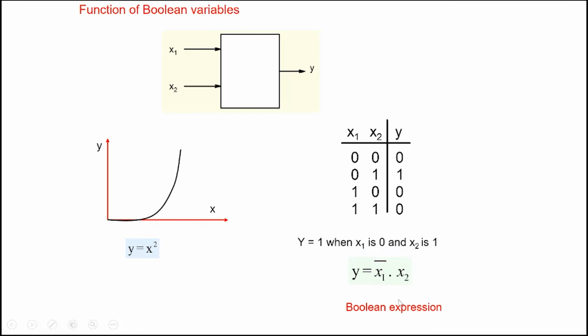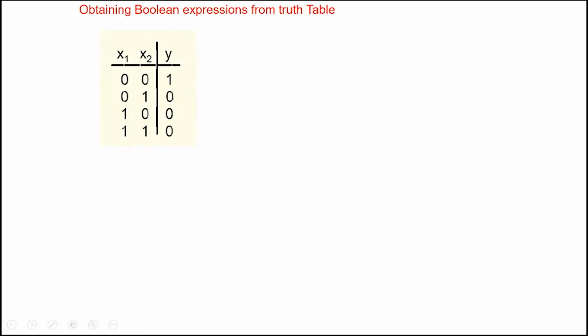Okay. So that's a Boolean expression. It's a Boolean expression which is describing this particular function, this functional relationship, which is shown in the form of a table over here. All right, so let's look at this one here. So this is also a function. Y is a function of x1 and x2, and the relationship between y and x1 and x2 is shown by this